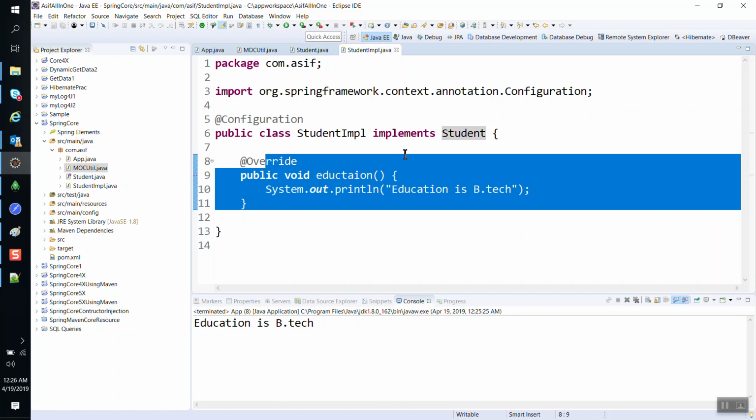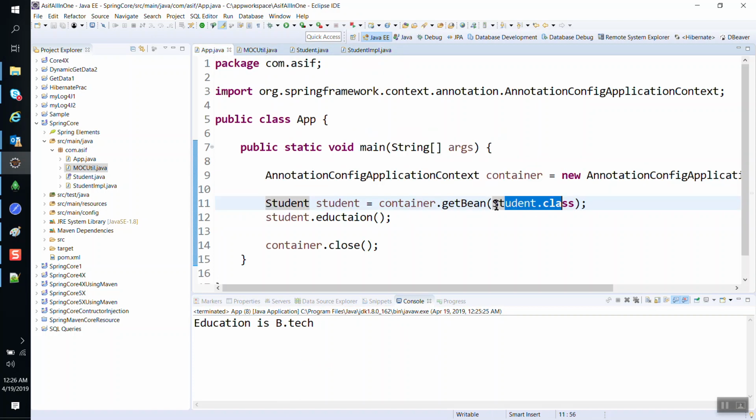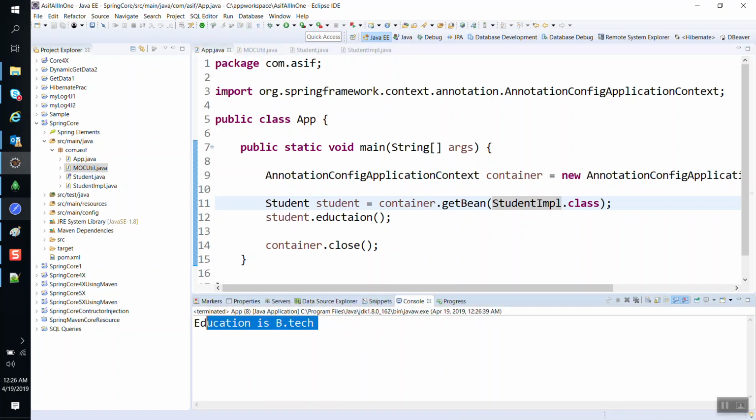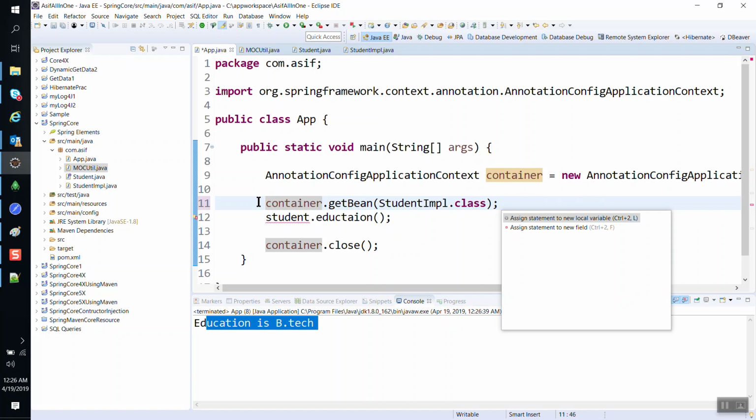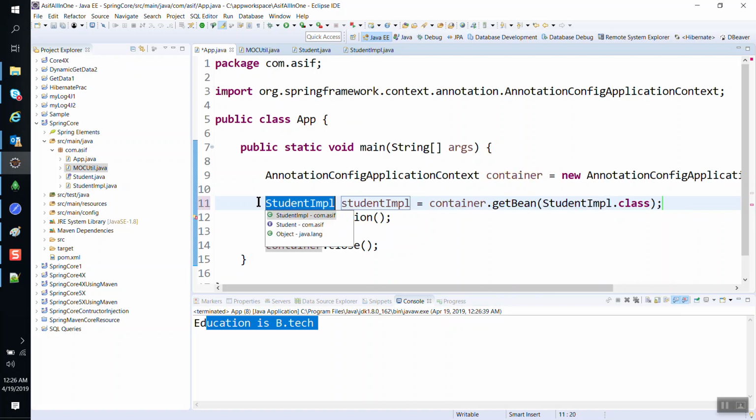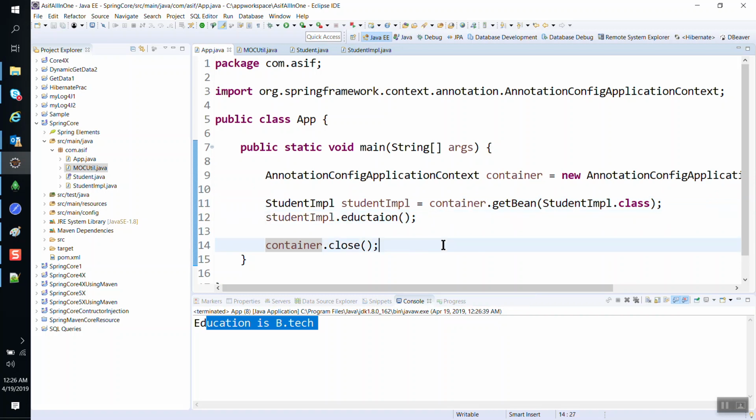And let's try with the implementation class. So we can say student IMPL. Let's try with this. Run it as Java application. Yeah, even this one is working fine. Okay, this one is also working fine. Okay, so with this we got to know that